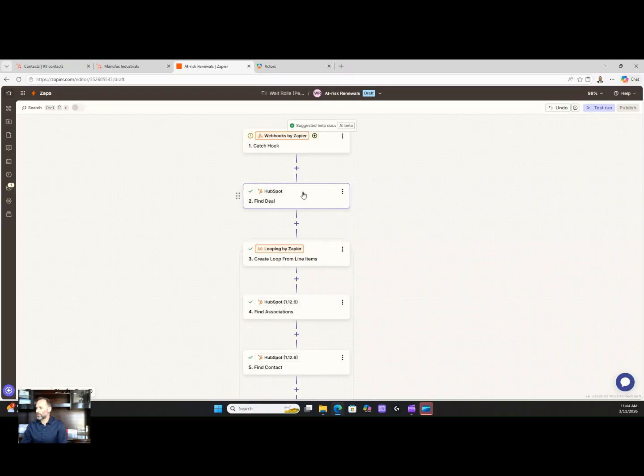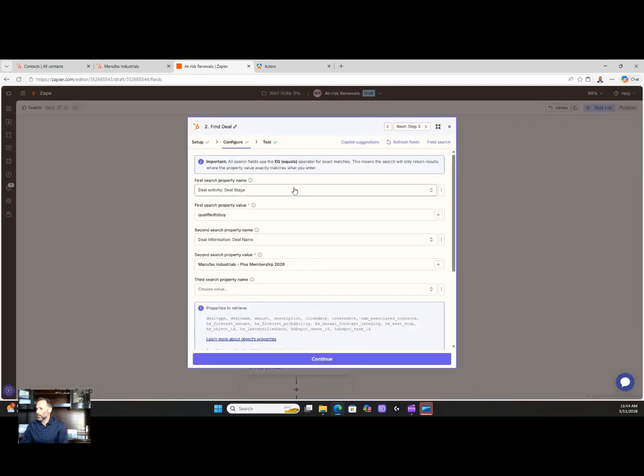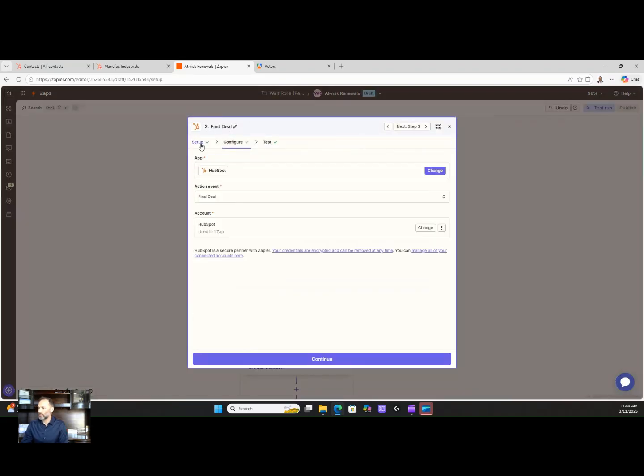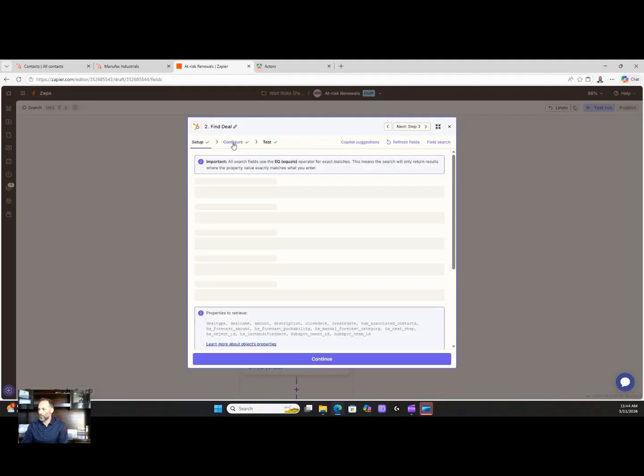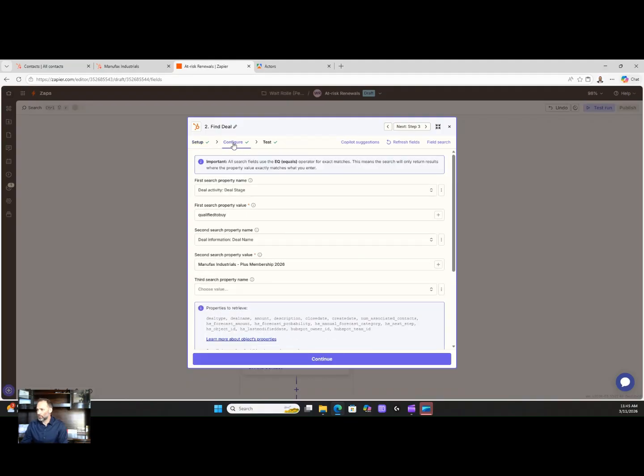Okay, so let's test the find deal, which is where this all starts. So this is an out-of-the-box HubSpot find deal event. And how this is configured is to search on the deal stage, which would be qualified to buy. You can see the text is all together here. Sometimes you have to find out how the API outputs these text values, since it may look different in the